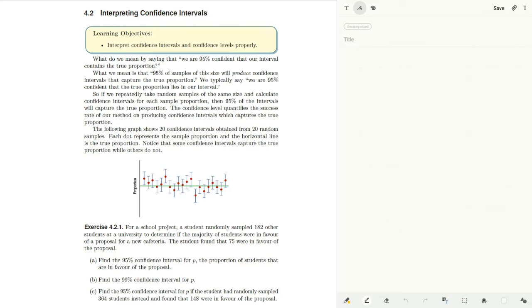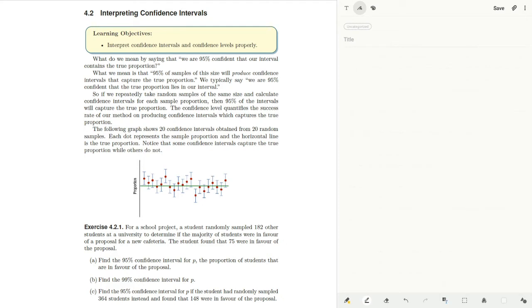In the last video we talked about estimating the population proportion using an interval of values which are called confidence intervals. In this video we're going to talk about how we interpret confidence intervals and what the level of confidence actually means. So what exactly do we mean when we say that we are 95% confident that our interval contains the true proportion? Well, what we mean is that 95% of samples of this size will produce confidence intervals that